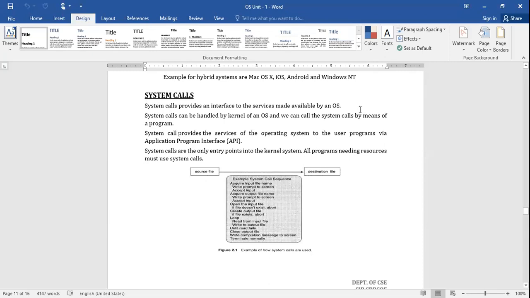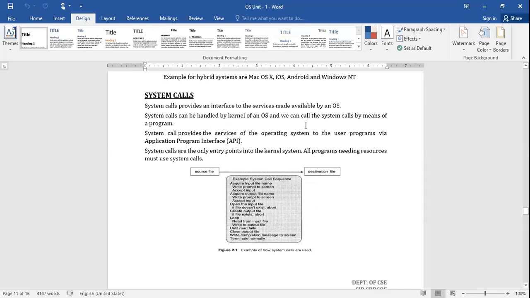In order to get the services of the operating system, the one and only possibility for us is system calls. And system calls are handled by the kernel. All of you remember this, this is an important point.